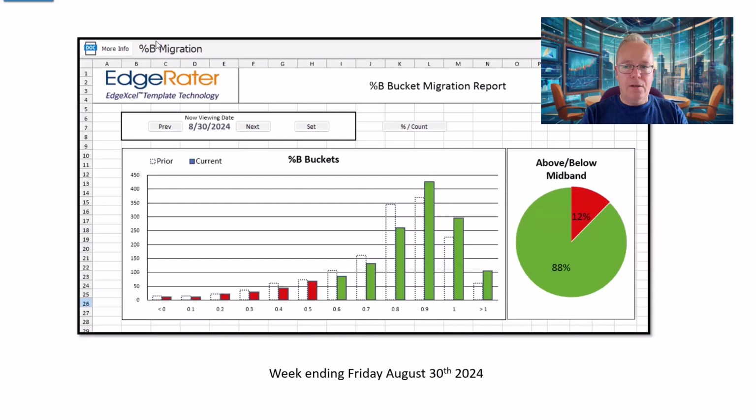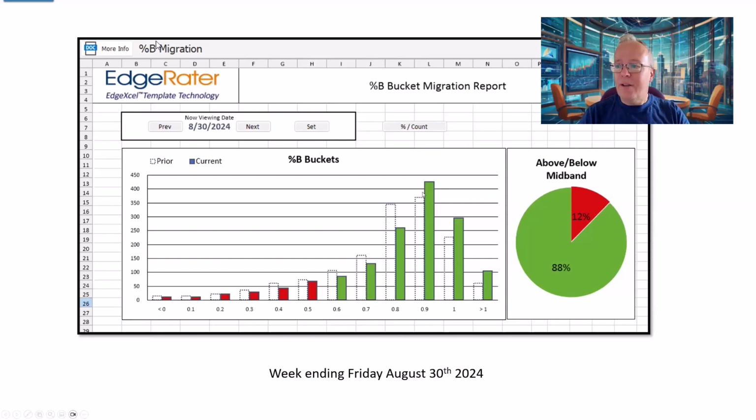So this is a profile essentially of all the S&P 1500 stocks, and it's basically putting them all into percent B levels and telling you where they sit within their Bollinger Bands, and that's what the buckets represent. So when you have a profile like this, and you can see the majority of stocks are towards the upper end of the Bollinger Band, that's quite a healthy market. But you do have to be concerned when they get, because it is quite high.